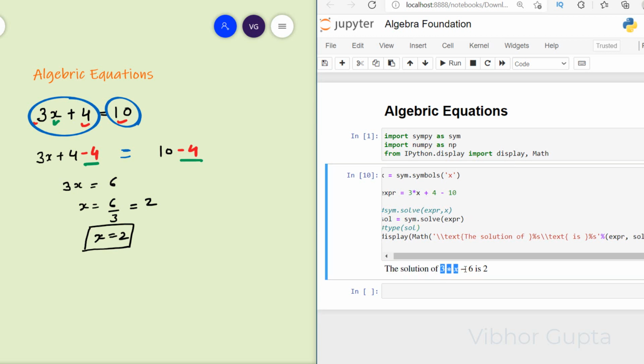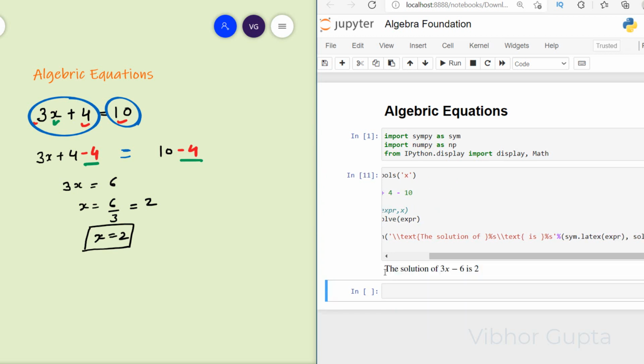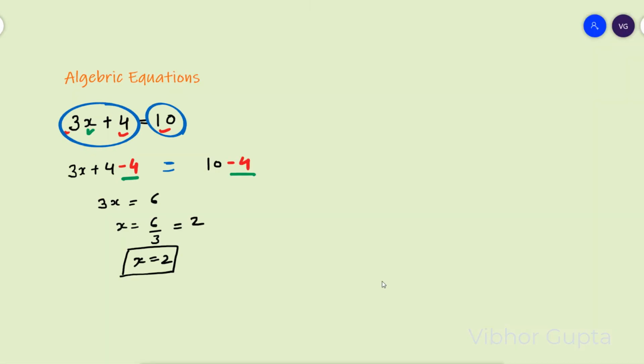Now the only thing that is remaining here is this expression, right? I need to represent this expression in a nicer way. So I'll use the LaTeX. So how can I use the LaTeX in SymPy? I'll say sp.latex, and then I'll mention the expression here. Okay, now if I run it again, this time it is perfect, right? So this is fine. Okay, now let's understand some more concepts.